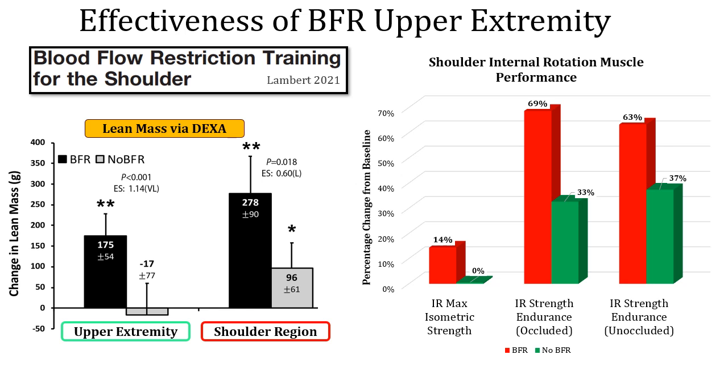And then when we look at changes in lean muscle mass, we have upper extremity as well as the shoulder region that they isolated within the DEXA. So there's a significant improvement as shown by the double asterisks, not only pre and post, but also compared to the control group, the non-BFR group, in the lean muscle mass via the DEXA. So once again, we can see that there can be a substantial improvement with the BFR application in the upper extremity to the proximal muscle groups, that is the muscle groups of the shoulder in particular,